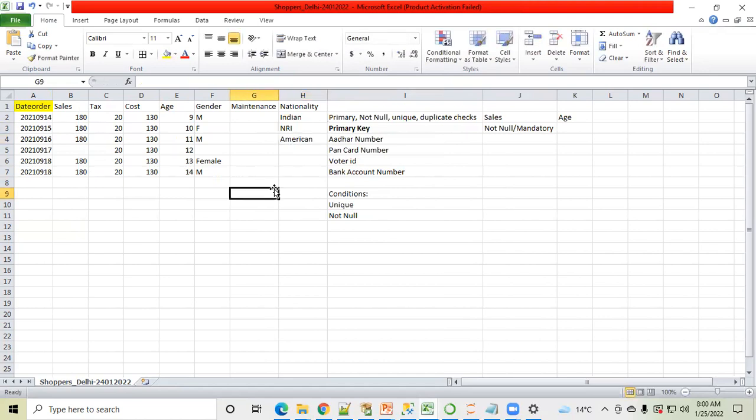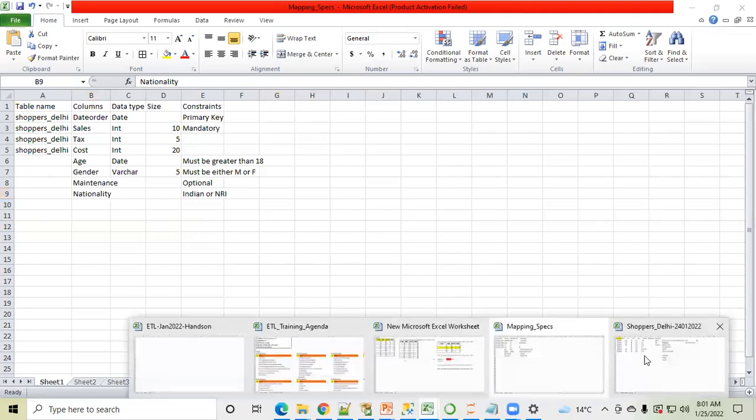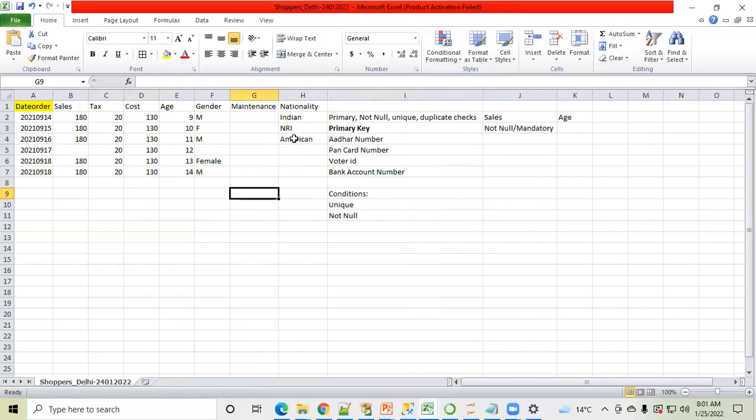No. Why? Because it is violating the domain values. In the domain, it is mentioned that this must be either Indian or NRI, but in this value they have mentioned American. Maybe this particular person is an Indian only, but he has settled in America. But you should mention this as NRI, right? But you have mentioned American. So we will not accept these values. Why? Because this is violating the